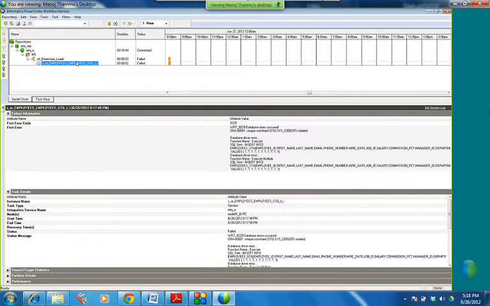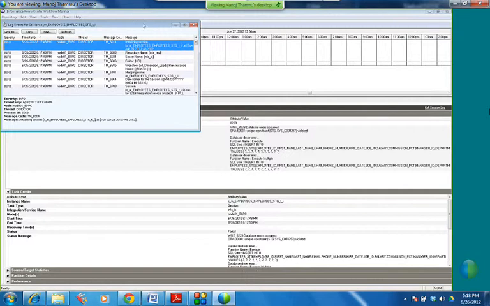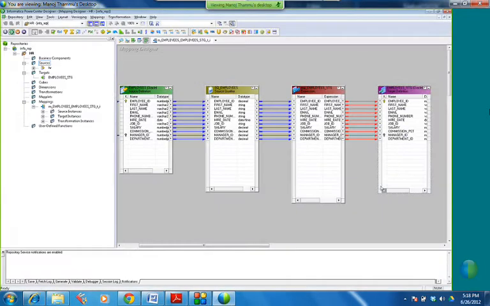DTM is Data Transformation Manager. What does it do? It creates reader thread, writer thread, and transformation threads. Three types of threads: reader for the source, writer for the target, transformation for these things. So it creates three threads and starts the process.